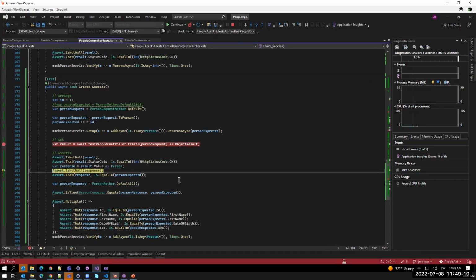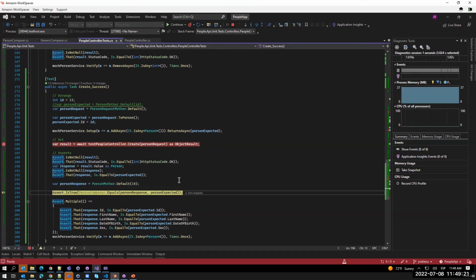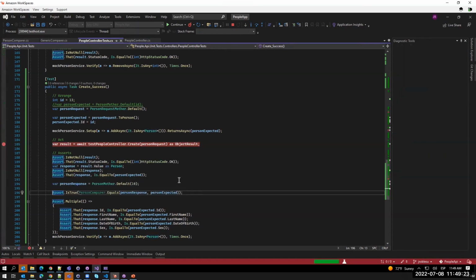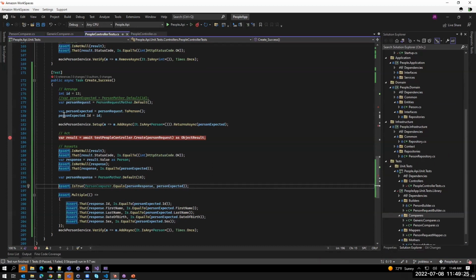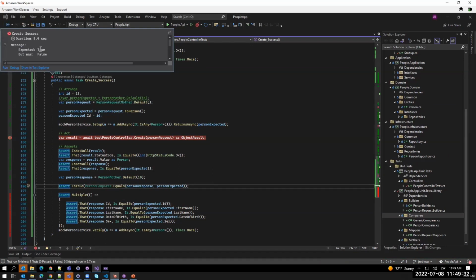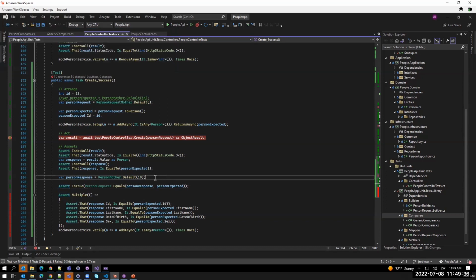let me see what happened. I'm expecting that both are different. You see, it's generating an error. You can see that it expected true but was false because that's different. But if I do this with the ID, and I run it again,